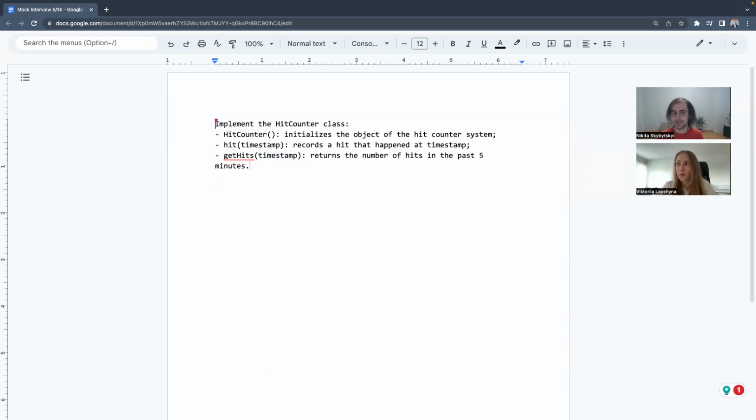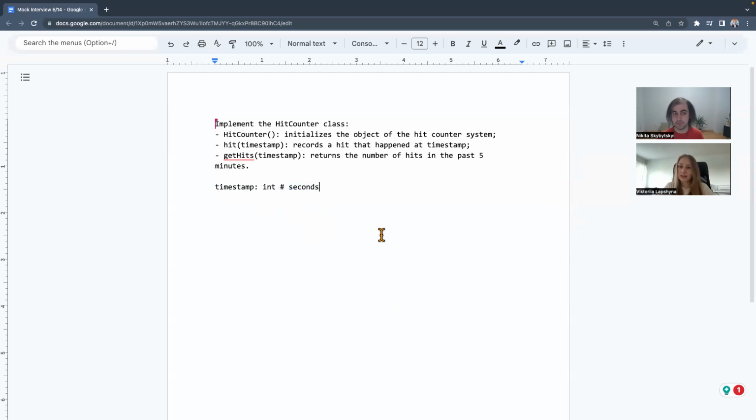Sorry. What is the type of a timestamp? Is it an actual timestamp, or is it some kind of int, and the meaning of this int is it's given in seconds? It's like the number of seconds that passed since the start of some epoch. They are just random numbers, but they count time since some arbitrarily picked date. And in our problem, they will be given in seconds.